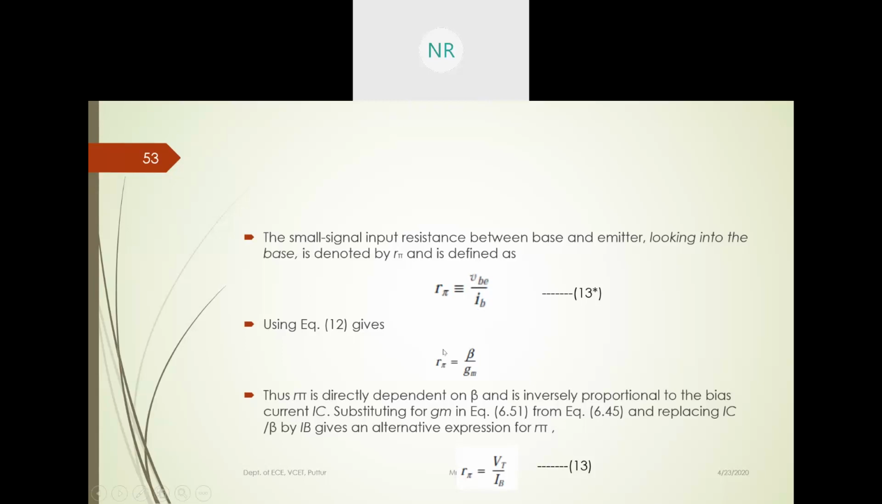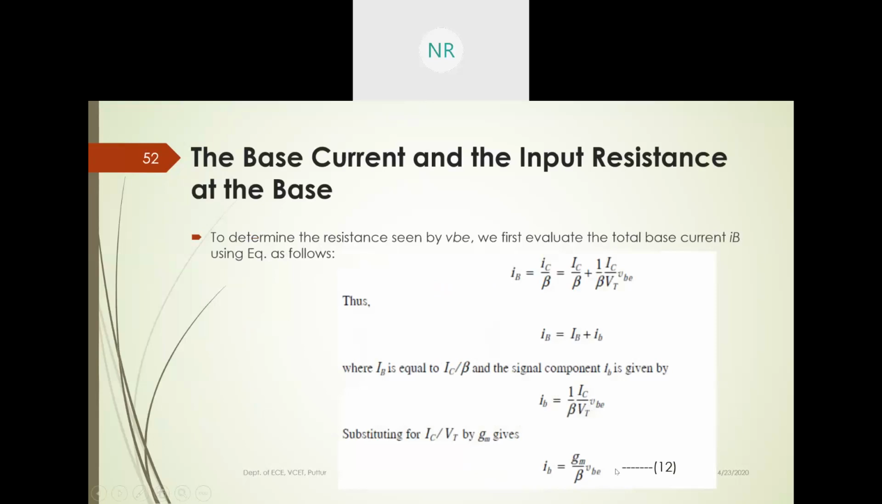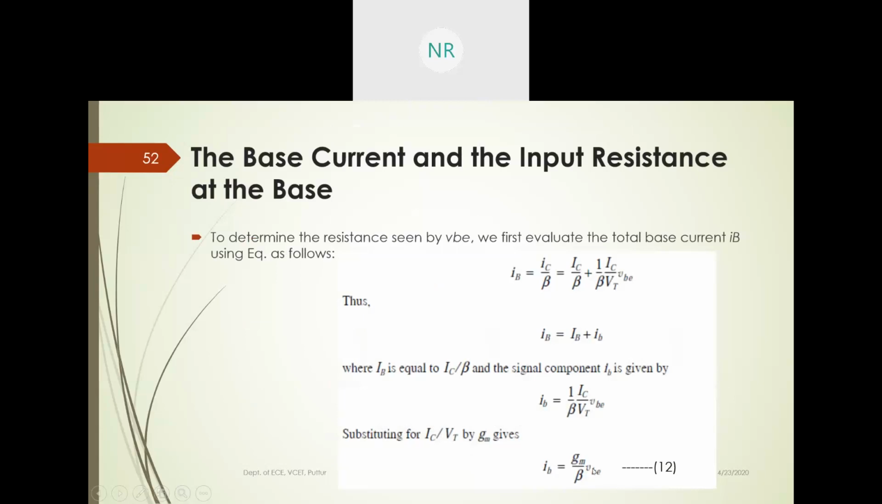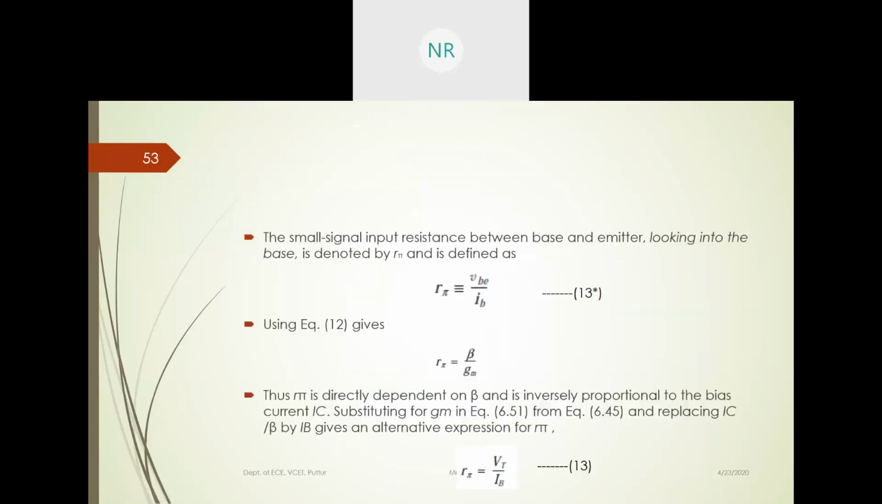Now, in equation 12, which is the AC base current, we can rewrite this as r pi is equal to beta by GM. See, what is ib? ib is nothing but GM by beta into vb. Substituting that over here, at that time we can write this expression as beta by GM. So thus r pi, that is your input resistance looking at the base terminal,